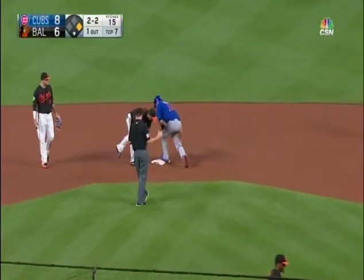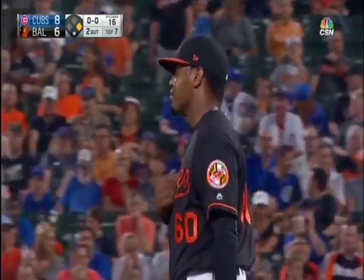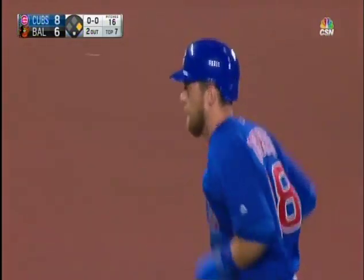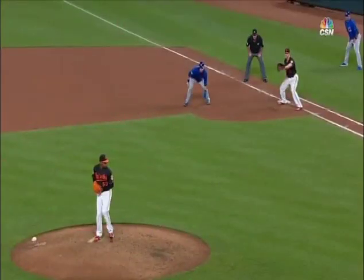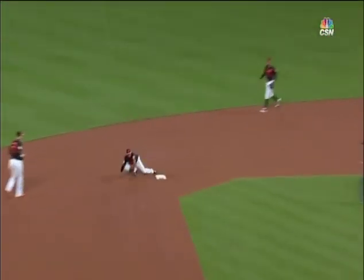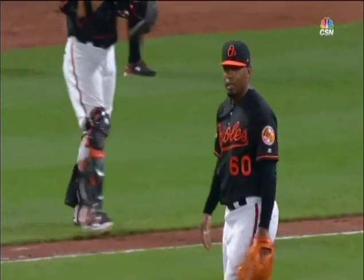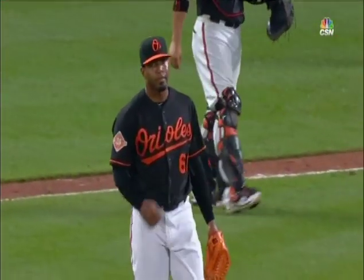Not a good throw. Givens really upset with himself, as that was a tailor-made double play, but it never seems to be when the pitcher's involved, especially when he has time. Yeah, I guess I should take umbrage for my fellow pitchers, but you're spot on. This play seems to be not made more often than it's made. Just hesitate a bit, maybe even move off the mound. I think he had time to step to the side, get on flat ground, step and throw, and still get his double play. Now,